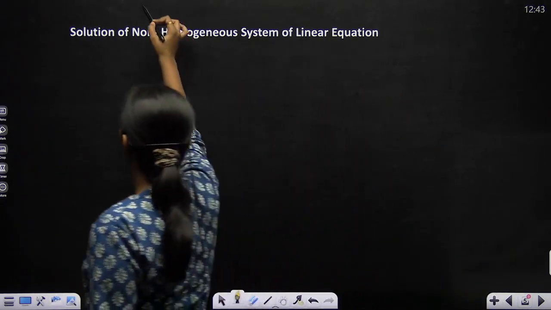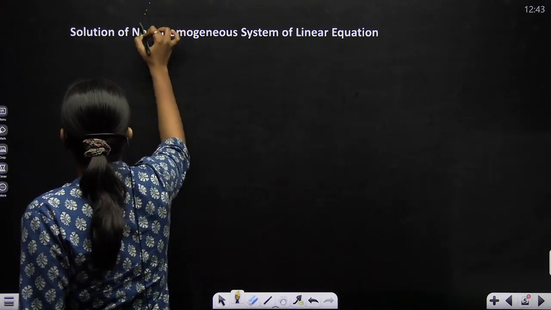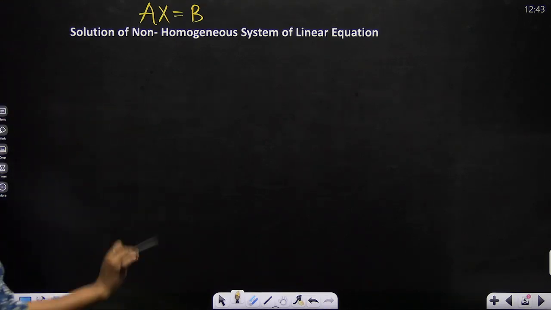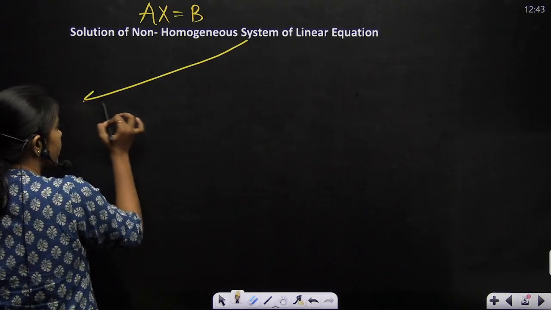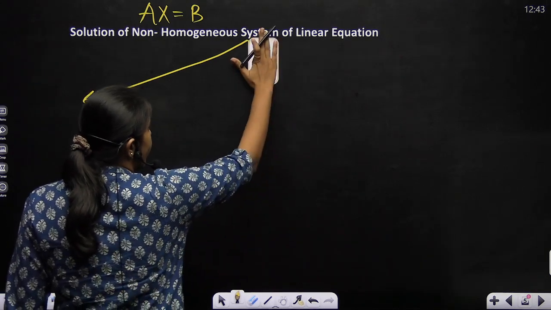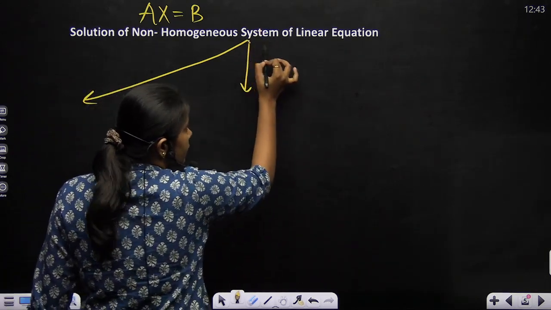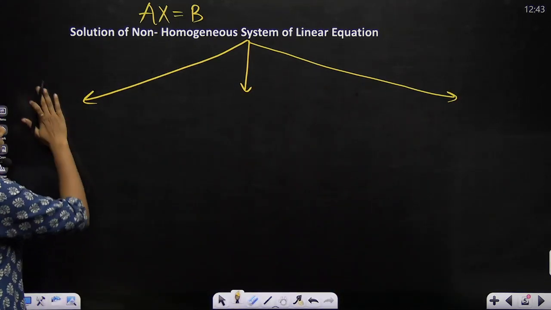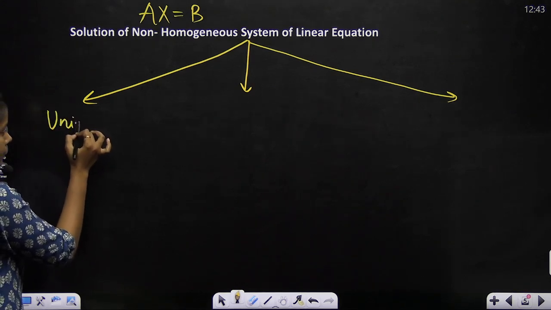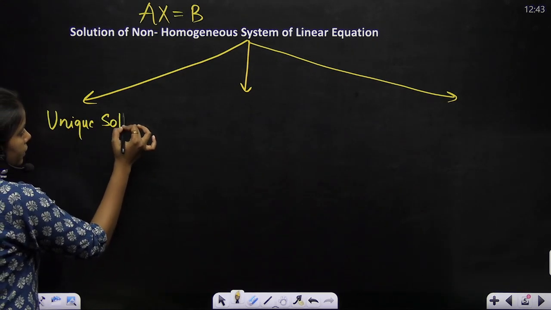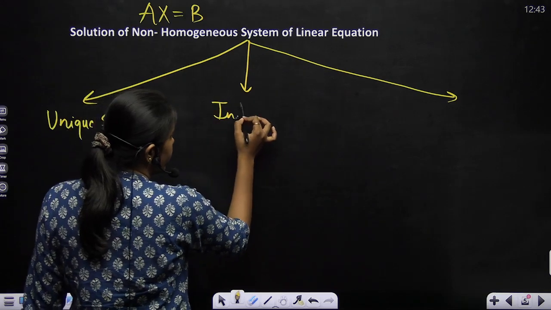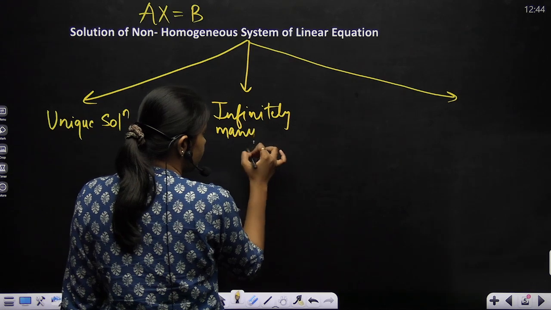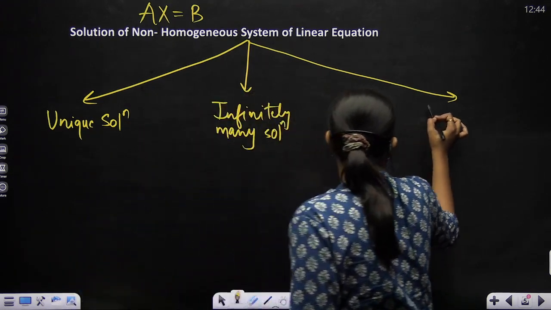Now, let's get back to the solution of the non-homogeneous system of linear equations. So we have said that we have a system Ax equals B. Now I have to discuss three types of solution. We know that this non-homogeneous system of linear equations has three types of solution. So what are the three types of solution? First we have the unique solution. Another one we have here is infinitely many solutions,